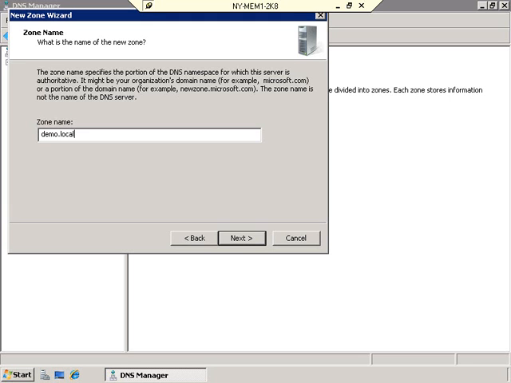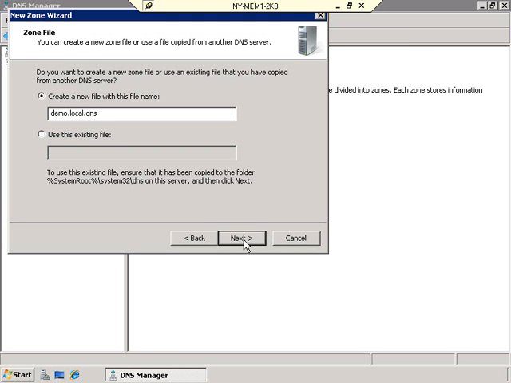I don't want to give it a .com name. Demo.com might actually exist out there. So demo.local. Click on next. Now, because this is a primary zone, a standard primary zone, we're going to go ahead and create a zone